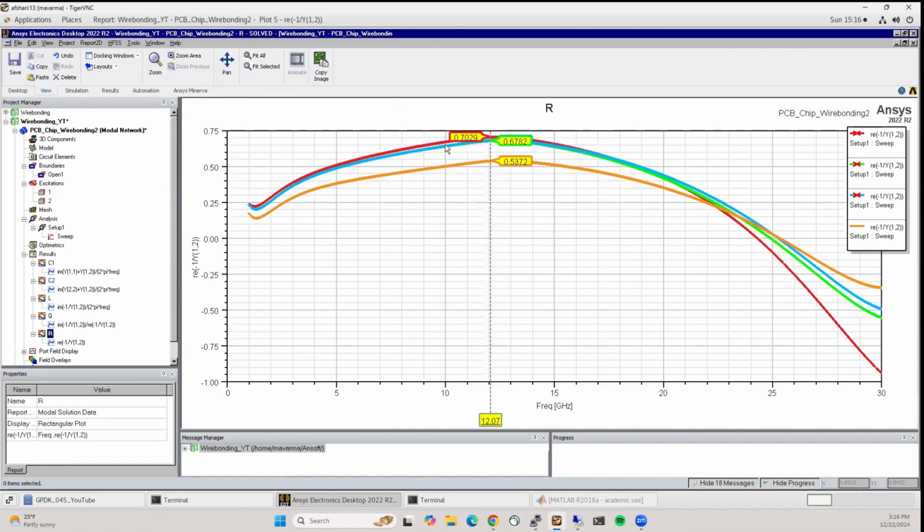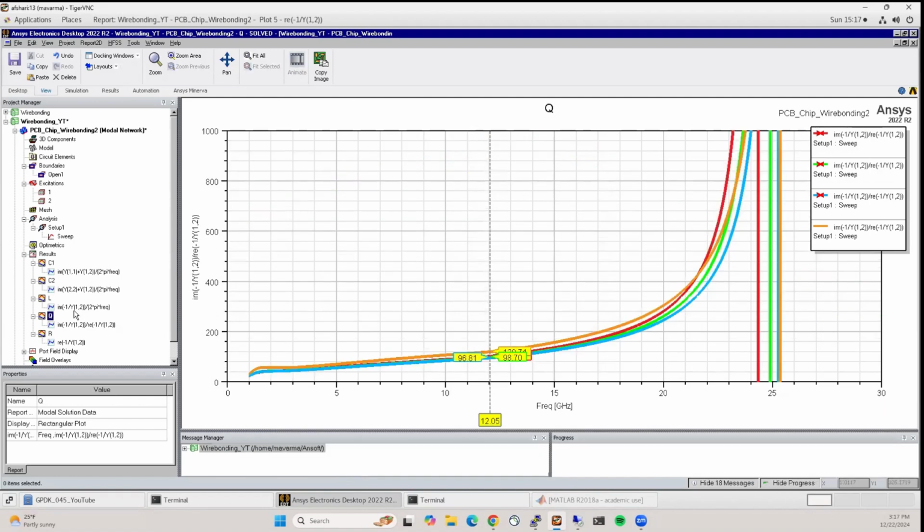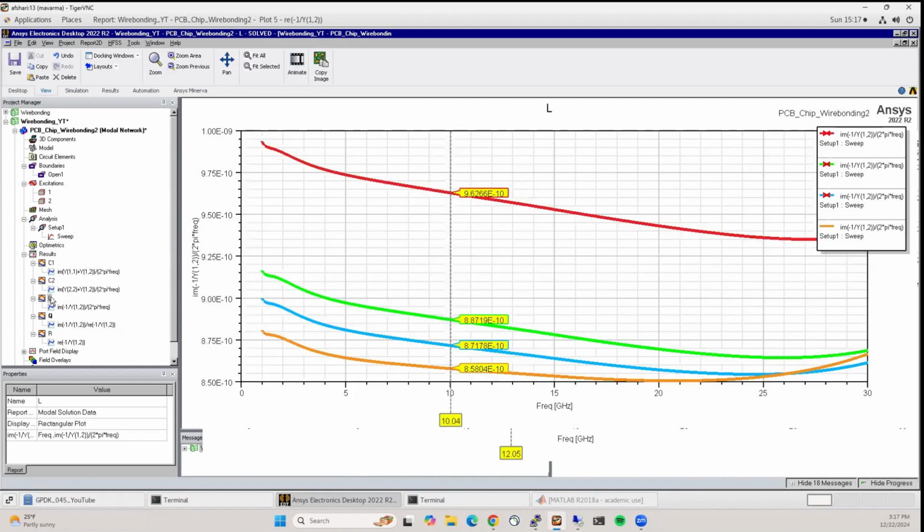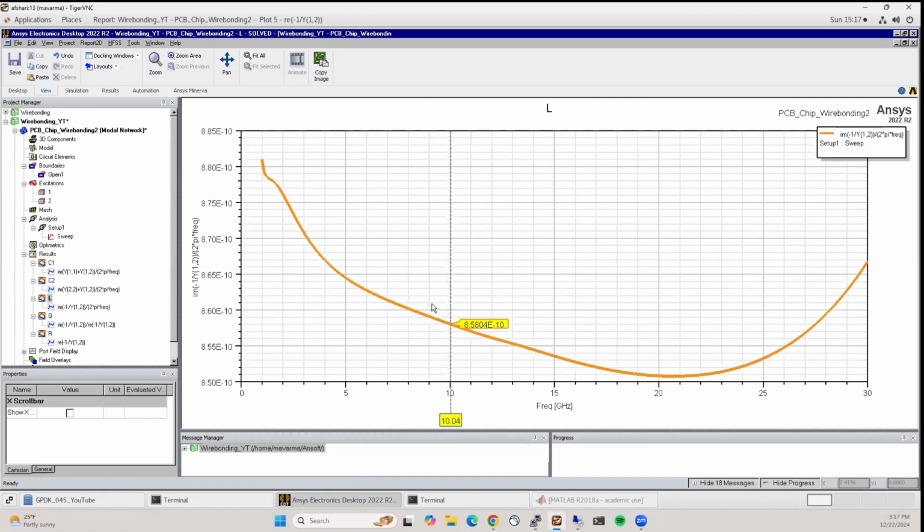But since R is not that accurate because it's very close to zero, it's very sensitive to the circuit model, and that's why Q is not very reliable, but it's still good, I would say, up to even 12-15 gigahertz. Okay, let's go back to the inductance. All right, so I removed everything else, and you can see that it's around 8.5, or 0.85 nanohenry